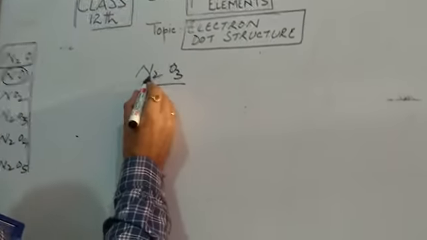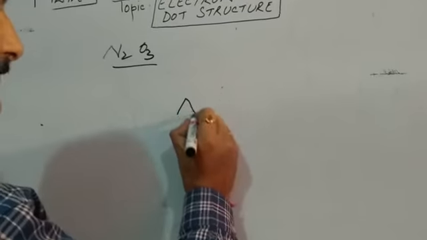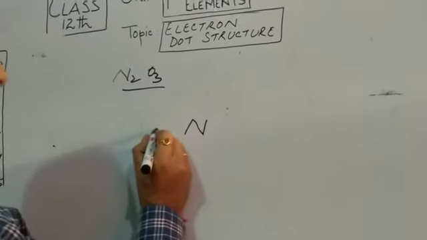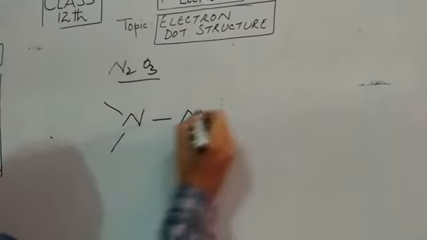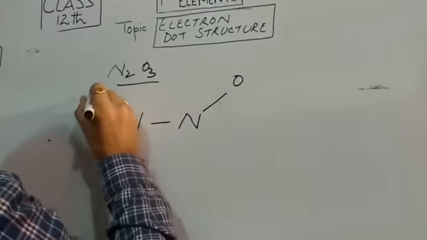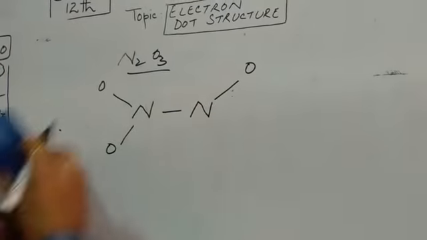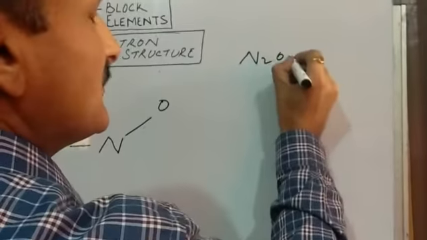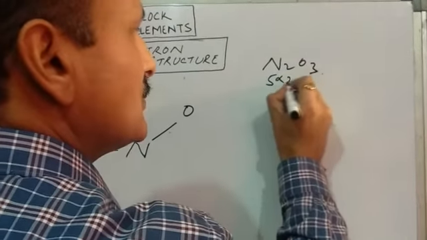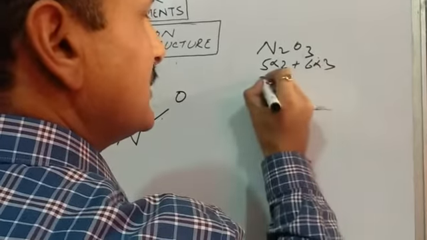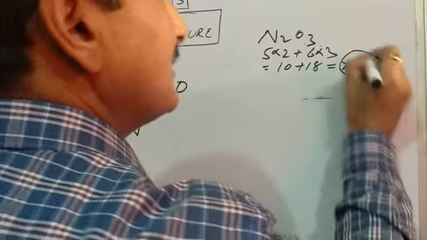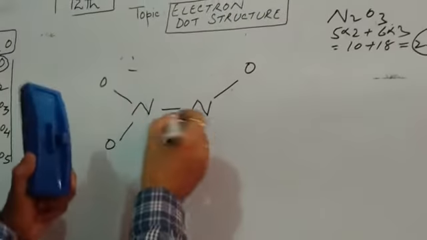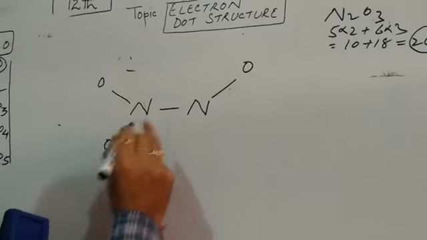Now as far as the central atom is concerned, it is again nitrogen. 2 nitrogen atoms here. Then we have 3 oxygen atoms, 1, 2 and 1 here, like this. So let us calculate the number of valence electrons first. N2O3, it will be 5 into 2 plus 6 into 3, it will give you 10 plus 18, that is 28. So 28 electrons are available for bond formation, or which are to be consumed while drawing the electron dot structure of